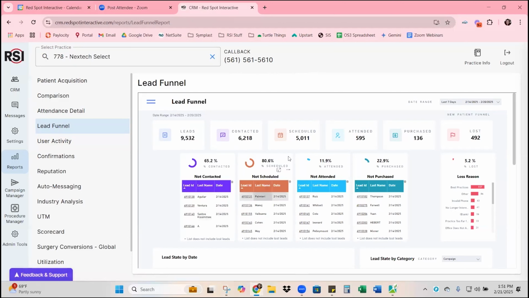And same thing between contact and scheduled. These are your not scheduled patients. You're not attended, which is probably just meaning that they have a future appointment past this date range. You're attended to purchased. You have your not purchased patients down there in this bottom funnel, and then your reasons